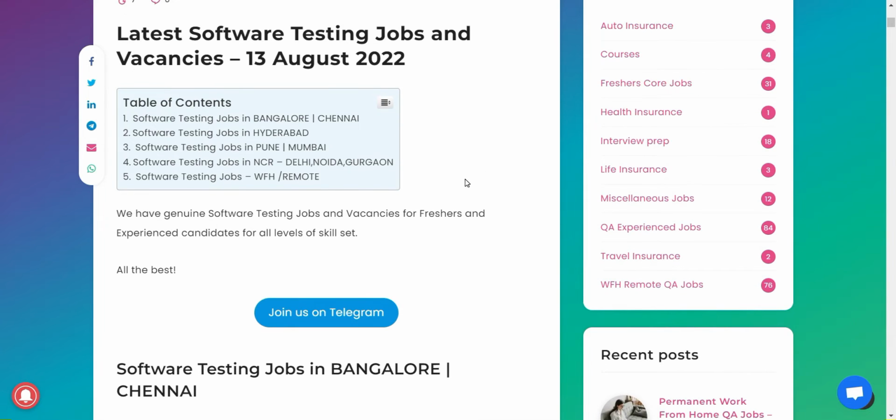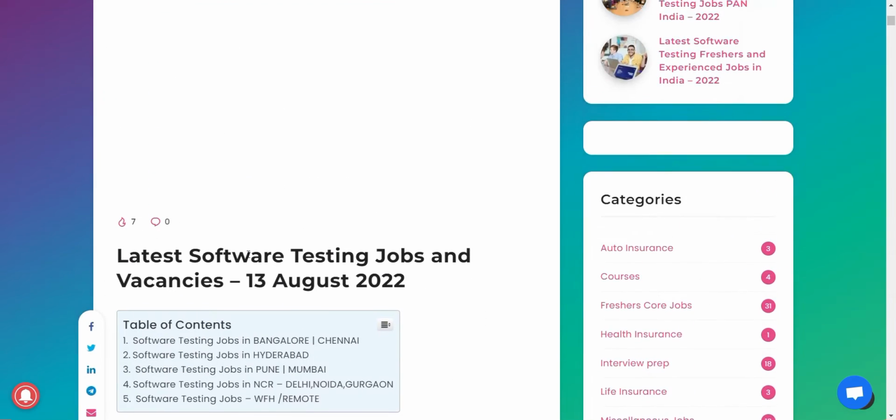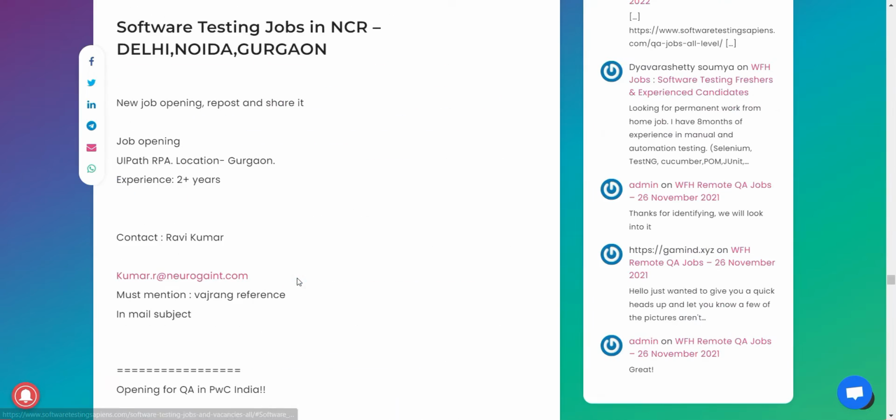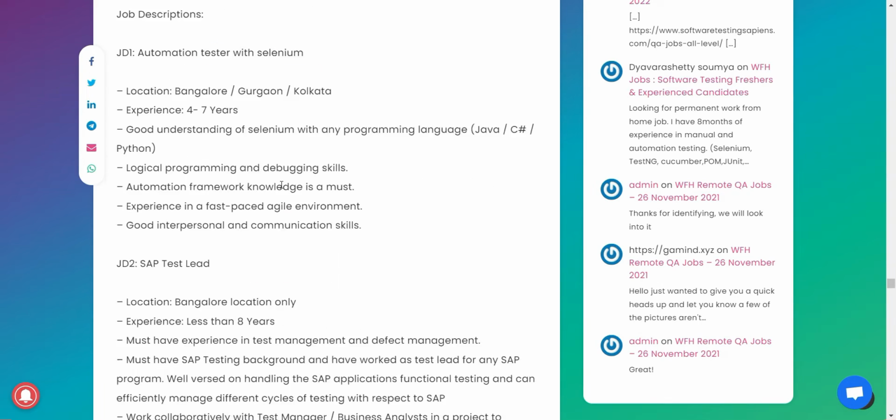So this time again we made these things easy. Suppose some people will be finding jobs in a specific work location like Bangalore, Chennai, Hyderabad, Pune. If you want to find jobs in Bangalore, for example, you can just click on Bangalore, and those jobs will come up. Or else if I want to go to NCR Delhi, click on that, then yes, Gurgaon. So with respect to the cities you can find the jobs.